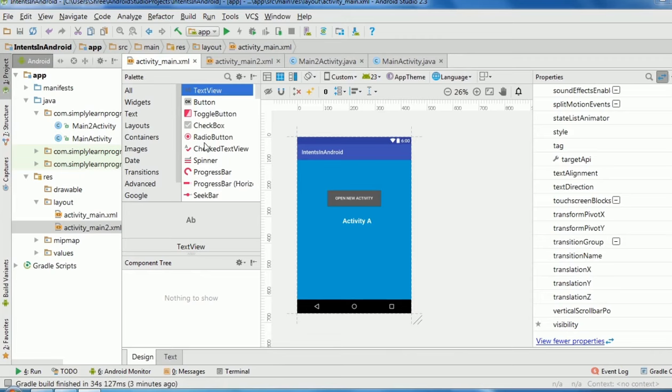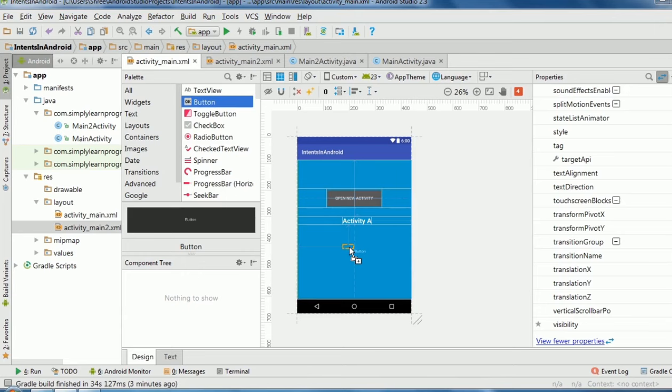Now using implicit intent, we will open a website in a web browser from this app. So for that we will add a new button on the main activity.